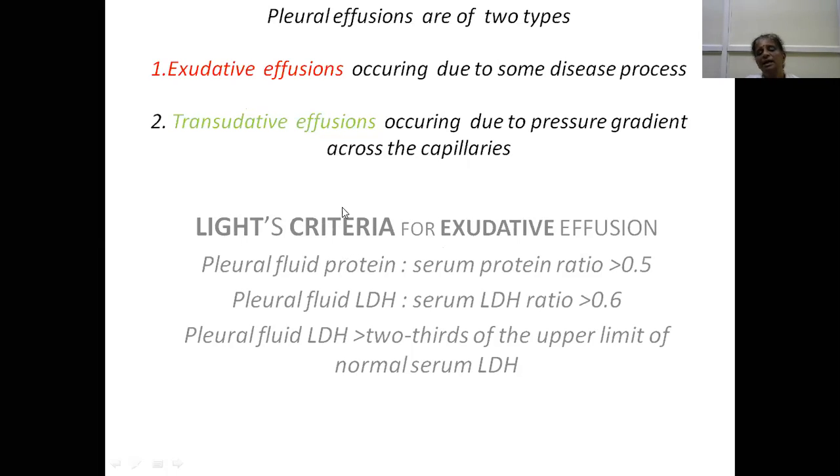What is Light's criteria? Pleural fluid protein to serum protein ratio is more than 0.5. Pleural fluid LDH to serum LDH ratio is more than 0.6. And pleural fluid LDH is more than 2/3 of the upper limit of normal serum LDH. If any of these criteria are positive, then we have to say it is exudative effusion. Otherwise, we have to say it is transudative effusion. Exudative effusion occurs due to some disease process, whereas transudative effusions are because of only the pressure gradient